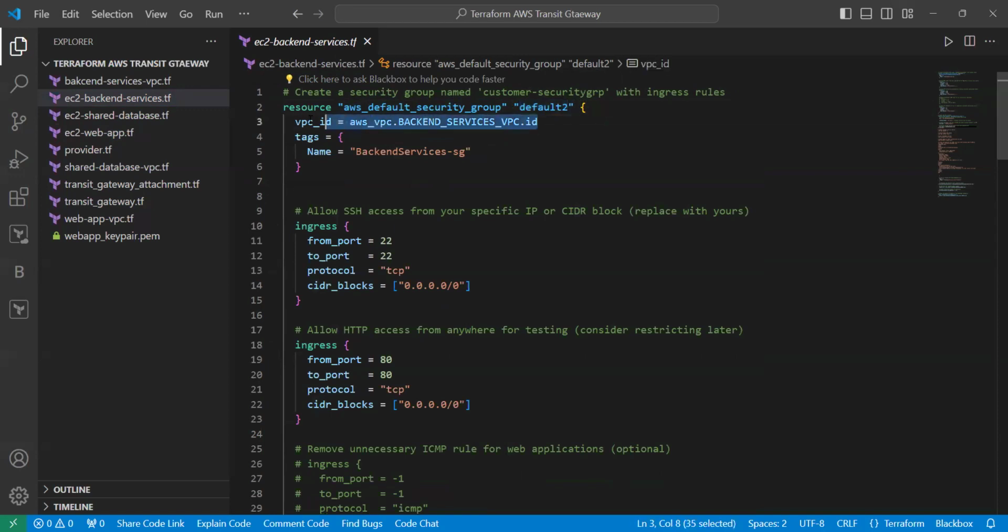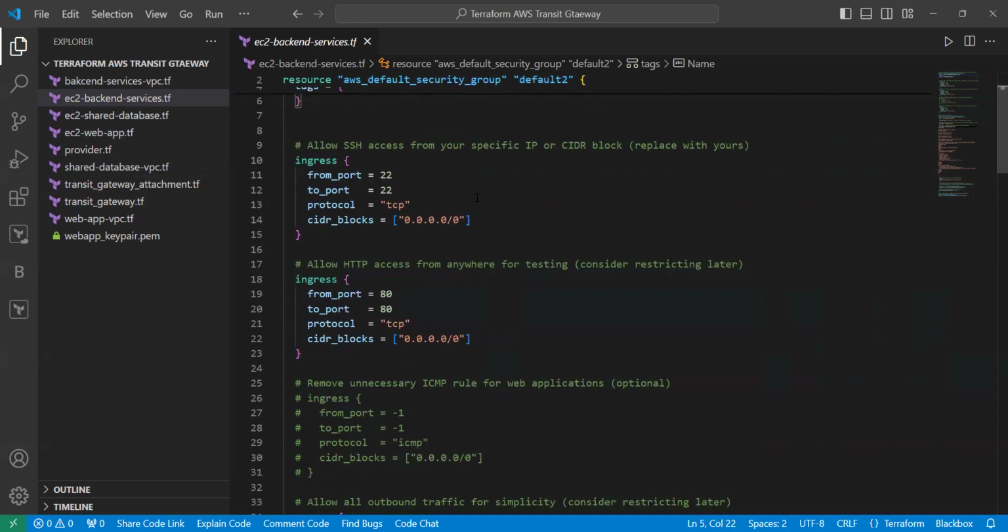Then I have specified the VPC ID as aws_vpc, the name of the VPC which we created earlier for backend services, dot ID, and